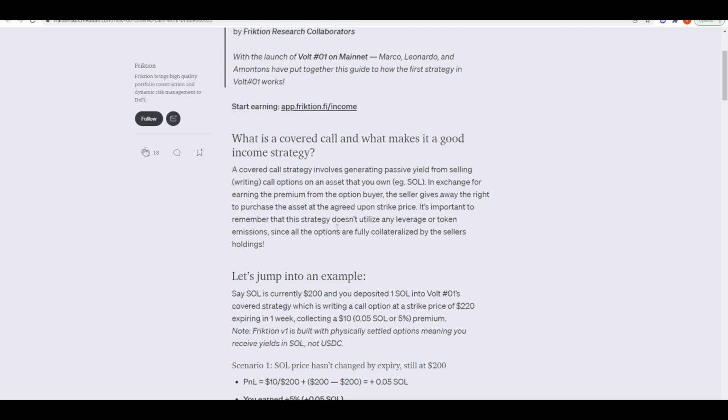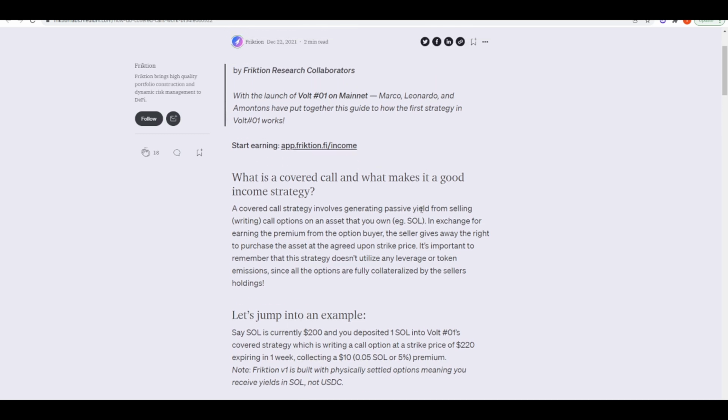It's important to remember that the strategy doesn't utilize any leverage or any token emissions. That's interesting to note, because a lot of the yield farming strategies out there right now will trend towards zero over time because they often use token emissions. Say for example you wanted to get yield on your SOL, but you wanted to use Saber to do so. So you're LPing in the Saber pools. Whatever the yield is, it will trend towards zero over time as more and more people start LPing in that pool, because there simply aren't enough tokens to sustain that high